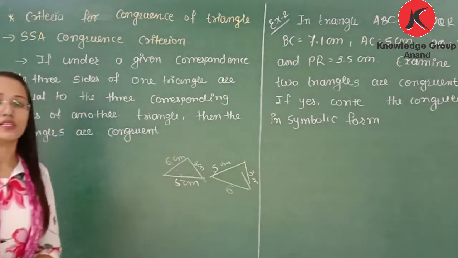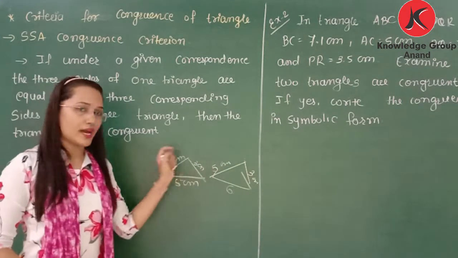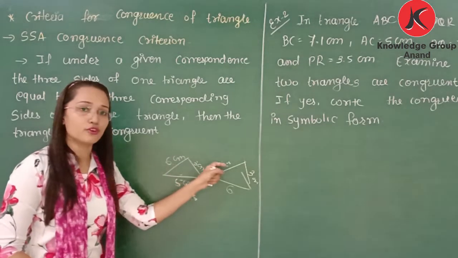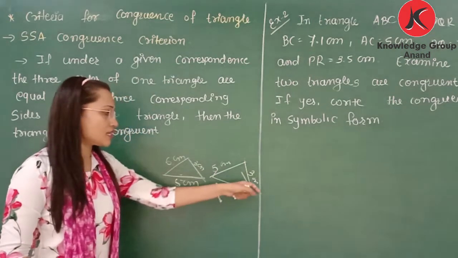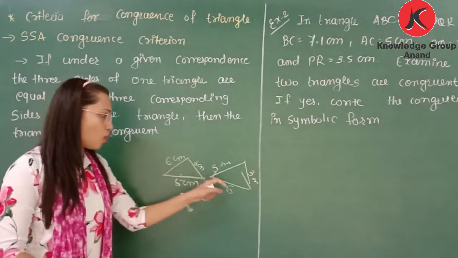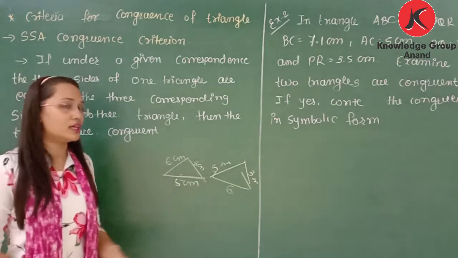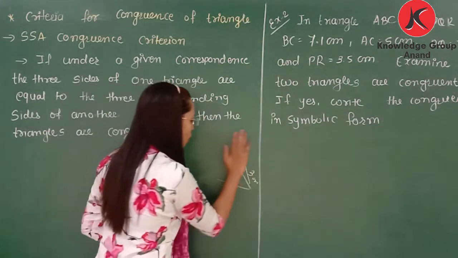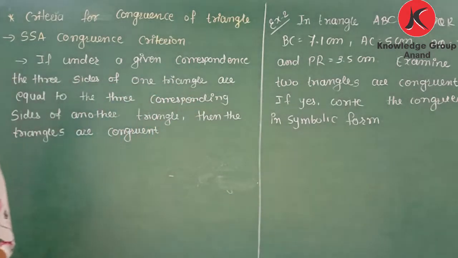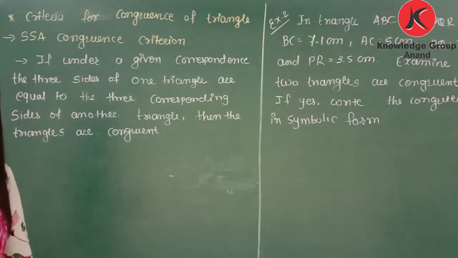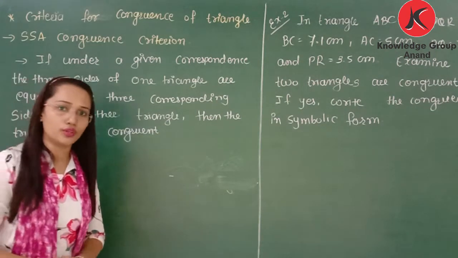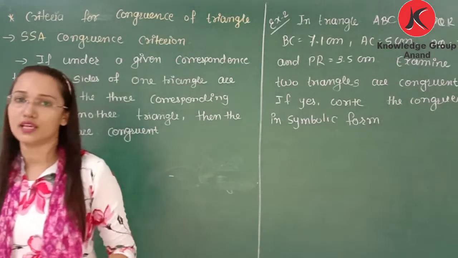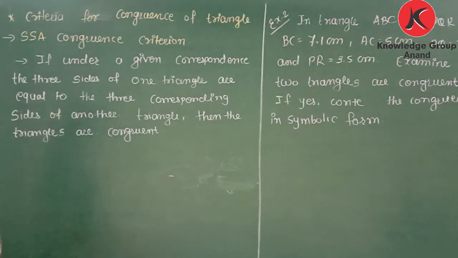Now these two triangles are congruent. Why? Because all three sides are given: 6 cm, 5 cm and 3 cm for this triangle, and 5 cm, 6 cm and 3 cm for this triangle. It means all three sides are the same, so these two triangles become congruent triangles. Clear? So if three sides of a triangle are equal, then they are called congruent triangles. And if the triangles are congruent, then we can write the corresponding parts. It means that angles are also equal, sides are also equal, and the vertices correspond.